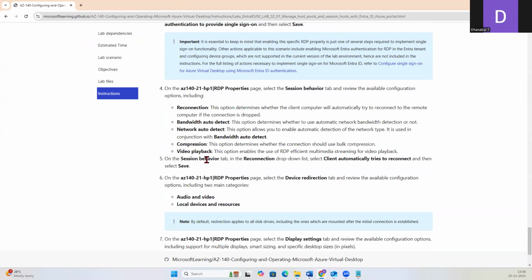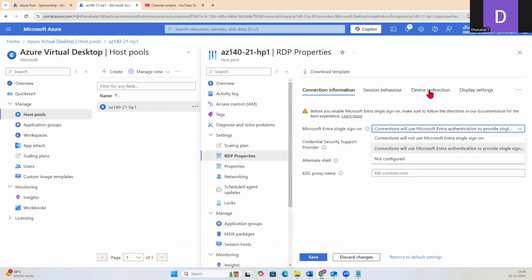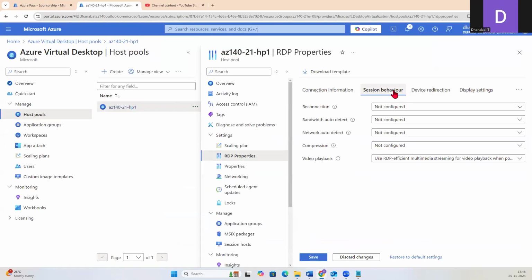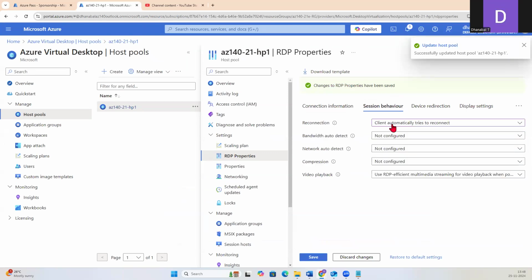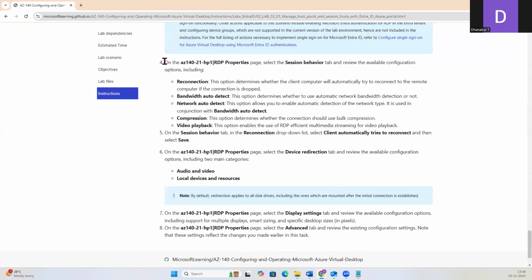And one behavior we have to change, again in the session behavior tab, in the reconnection drop-down list, we have to select client automatically tries to reconnect. And you have to again save. Whatever modification you are making, at the end you have to say save. For every blade you have to click on save. So this is very important, and then this is also very important. When these two things are done,